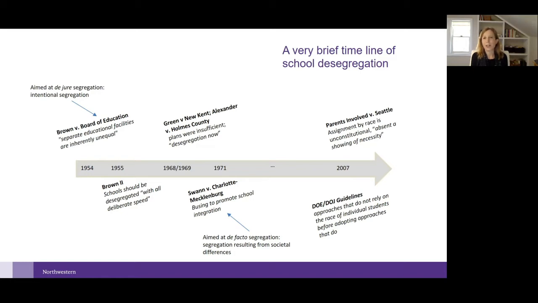And de facto segregation in schools is segregation that results from other factors such as residential segregation, right? So the Jim Crow laws didn't just impact schools, but they impacted where you could live. And since school assignment in the United States is primarily driven by neighborhoods, if your neighborhoods are segregated, then your